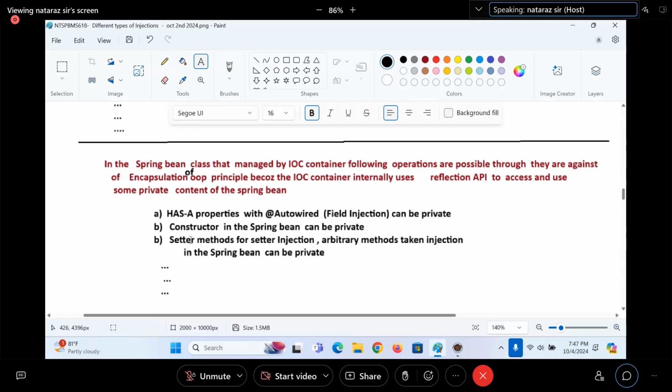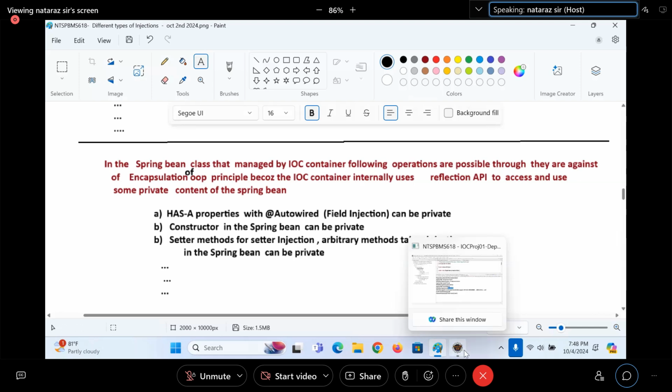Though they are private, they will be accessed, guys. A method for setter injection, or an arbitrary method taken for injection in the Spring Bean, can be private. So they are private, and though they are not visible outside the object or outside the class, the IOC container still accesses them and completes the injection.